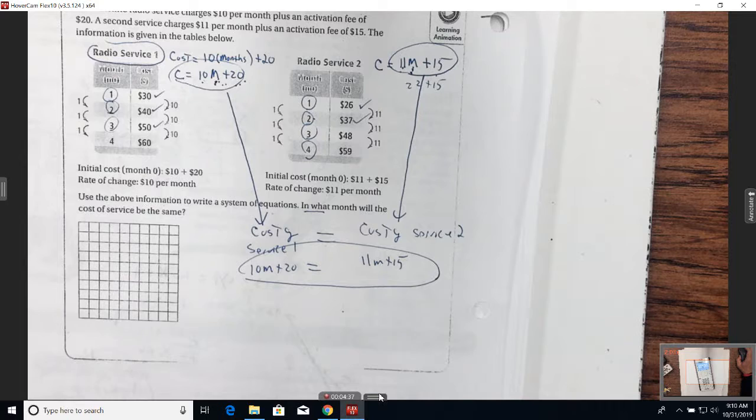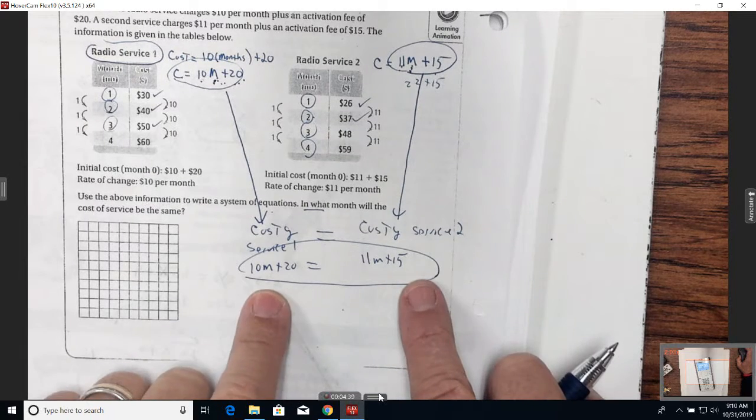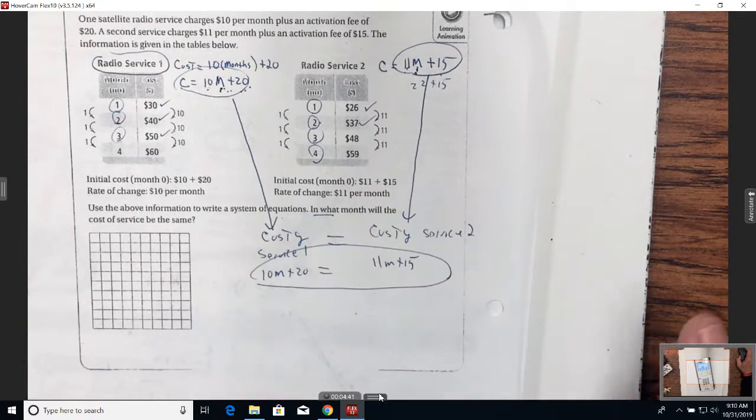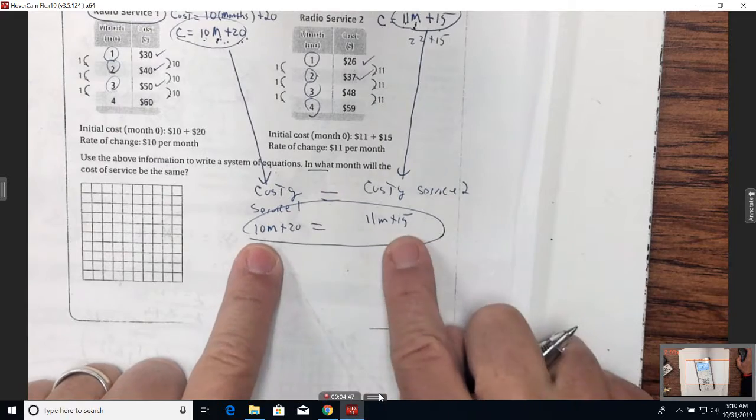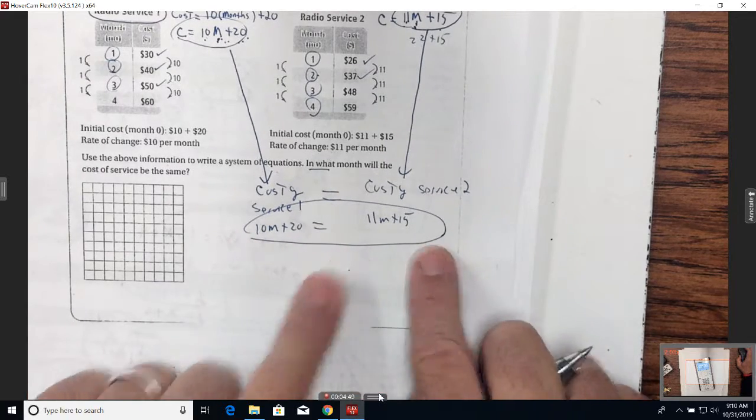Y'all remember that? We could solve it that way because that's all it's asking. When is this cost equal to this cost? So if I solve it that way, what would I get as an answer? Well, let's just solve it. There's nothing to distribute. There's no like terms to combine. So if I got my